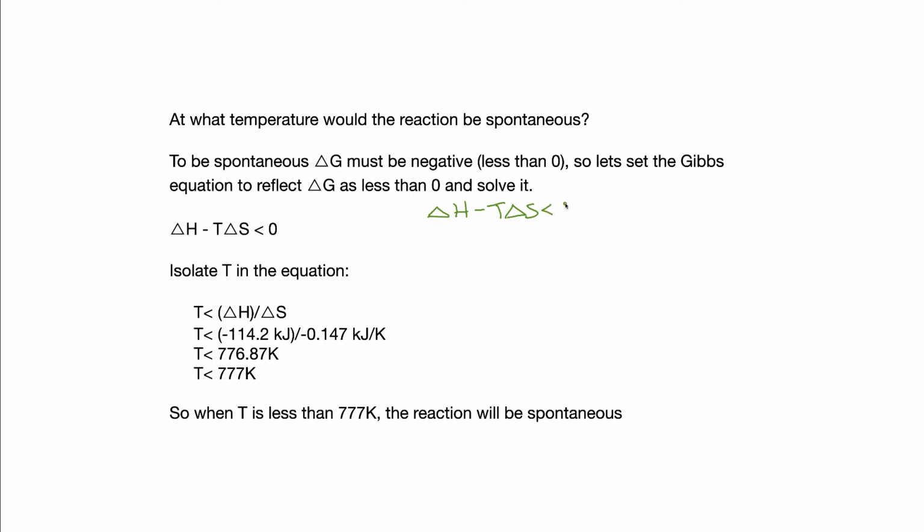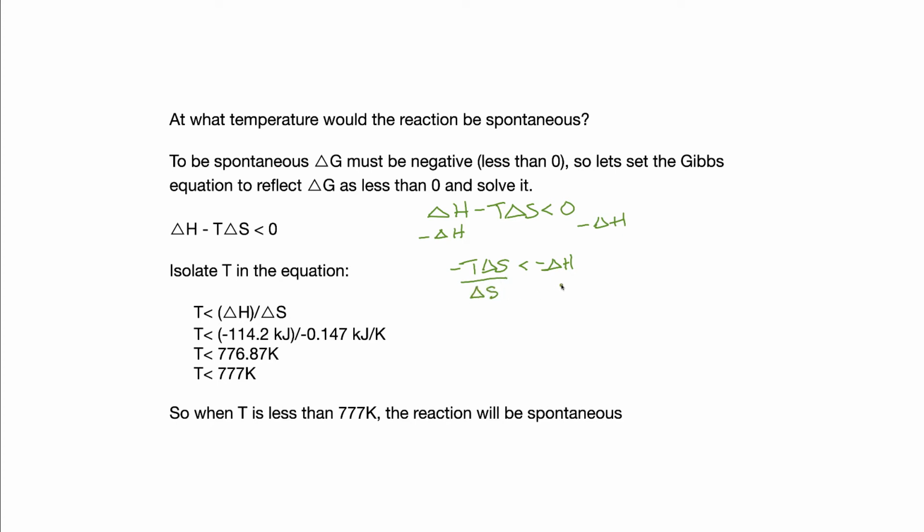All has to be less than 0. So if we subtract delta H from this side, we would subtract over here. That gives us negative T delta S is less than negative delta H. Divide both sides